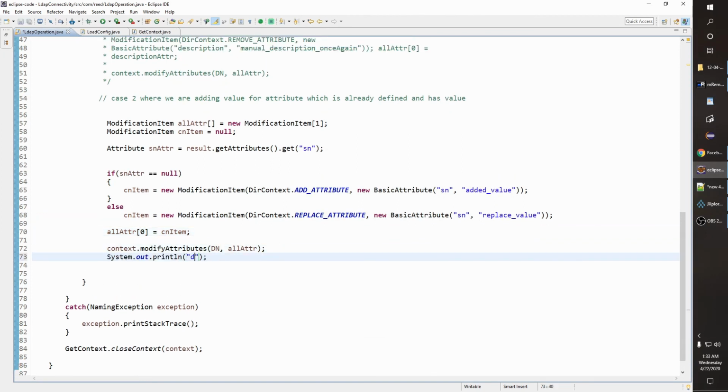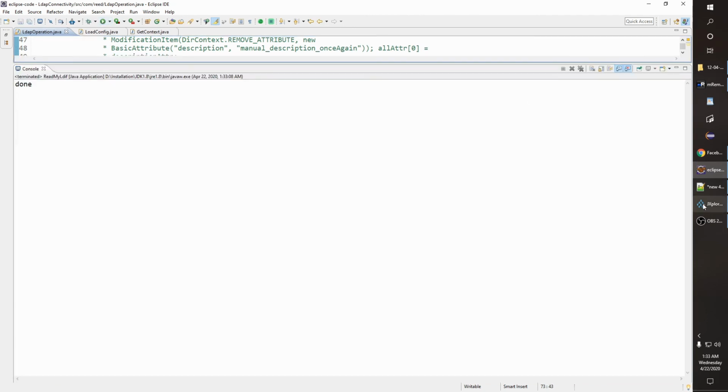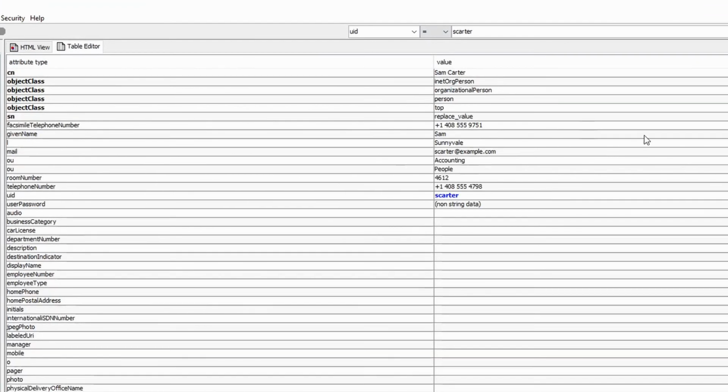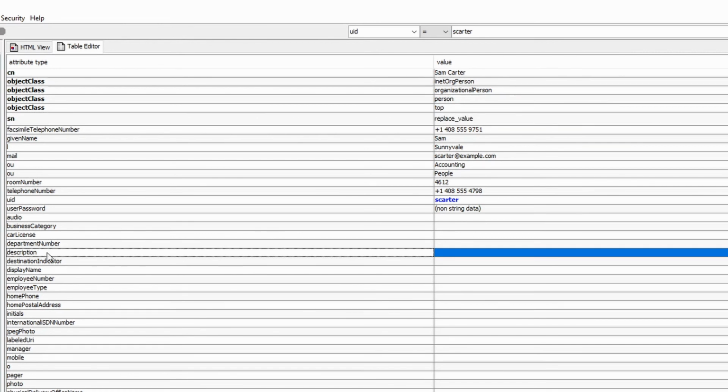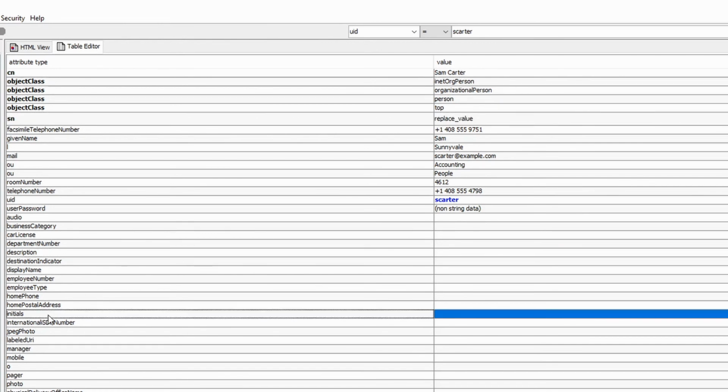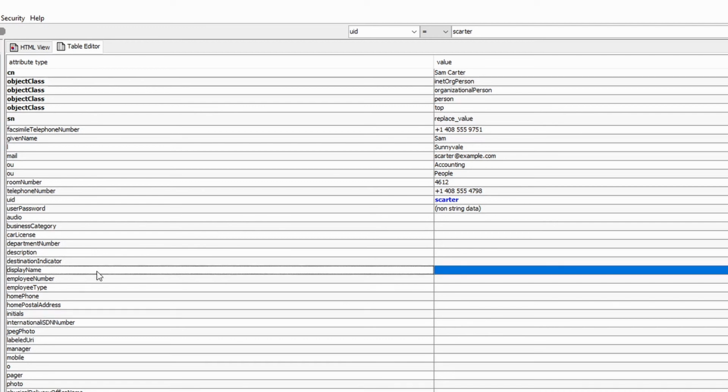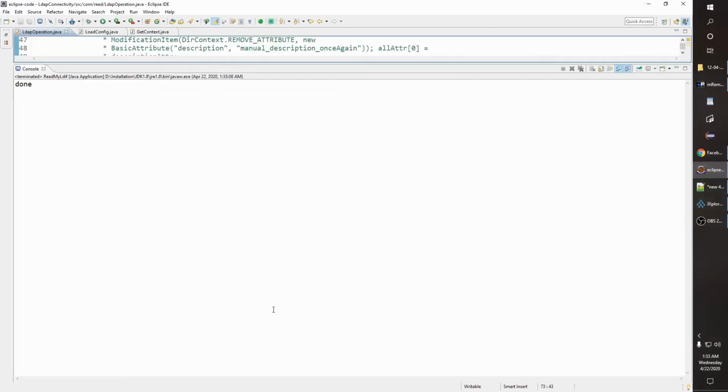Okay, it's done. So replace value, correct? Okay, let's do the same for description. What is going to happen if not description? Let's run it for initial, or just run it for display name. Okay, so let's run it for display name.